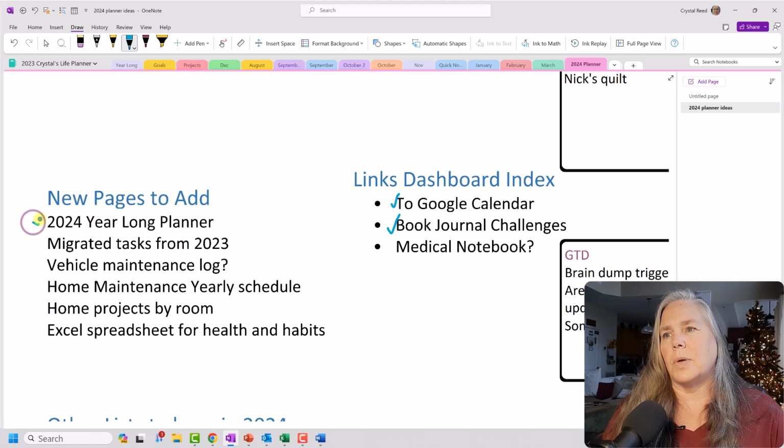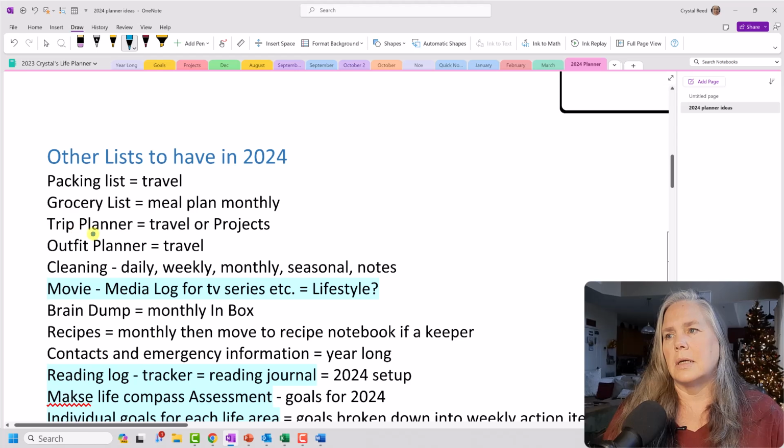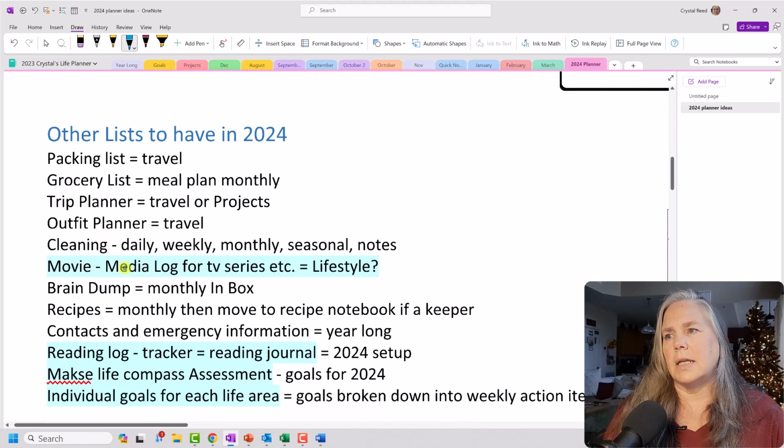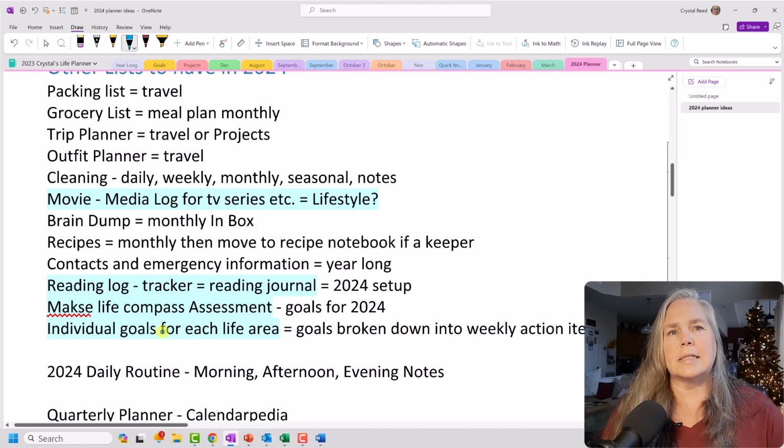Pages to add, 2024 year-long planner. I haven't done the maintenance log. I did do the home yearly maintenance. I moved that forward. And trip planner out. I have not done any of these yet. So it looks like I still